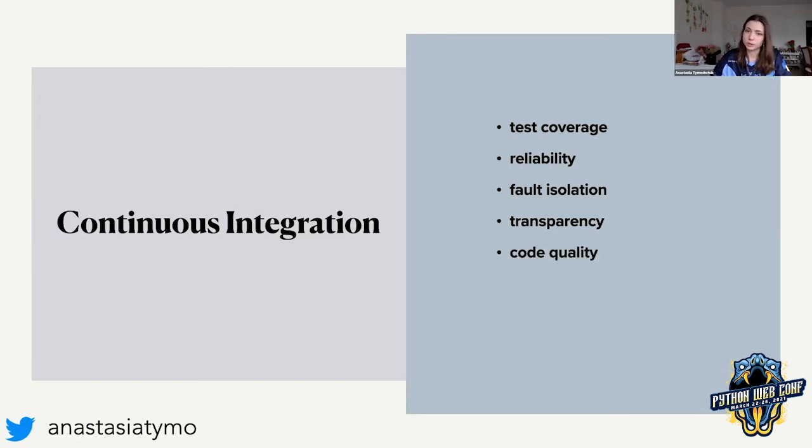Of course, code quality would be improved, and then it would lead to a faster development cycle. And your code review process would be improved on its own, because you don't need to fight over some standards. You don't need to win, I don't know, spaces or tabs, or single quotes or double quotes, but that would be automatically set up on the CI, and then it would be automatically checked.